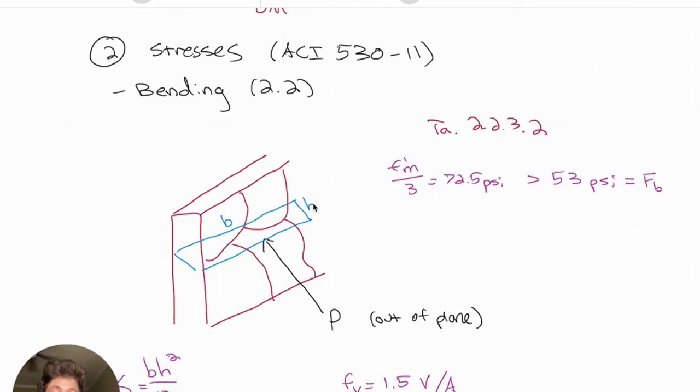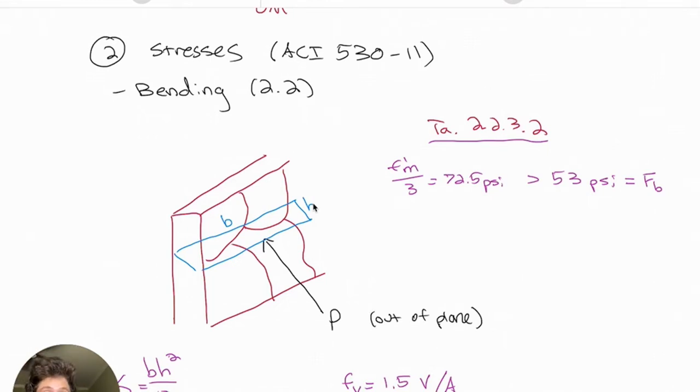In this section, we'll look back to ACI 530-11, the same code we were using for analyzing the ramp walls as compression struts in the previous section, but this time we'll look for out-of-plane flexural capacity and shear capacity in section 2.2 for unreinforced masonry. We are first directed to table 2.2.3.2